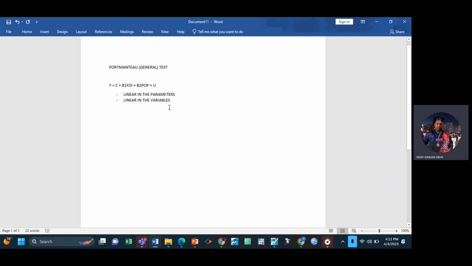But then, if we estimate this model and we have our results, we want to be sure the model is correctly specified. Is the functional form correctly specified? Is it supposed to be a linear model? Maybe it's supposed to be a quadratic, non-linear model. We don't know. Because I'll give you an example.